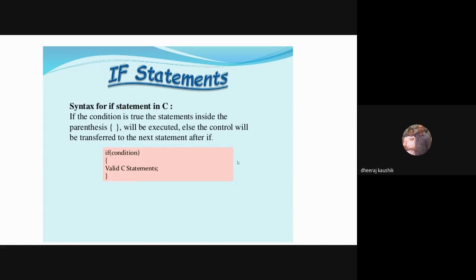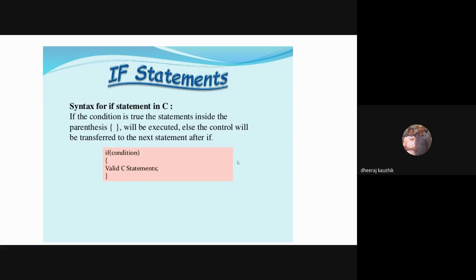And suppose you want to choose between two statements on the basis of the user input, then you use conditional statements. So based on the user input or the model of your program, these conditional statements are of many types, and according to your necessity, you can use any one of these or a combination of these. The basic if statement is used to execute a set of statements when a particular condition is true.